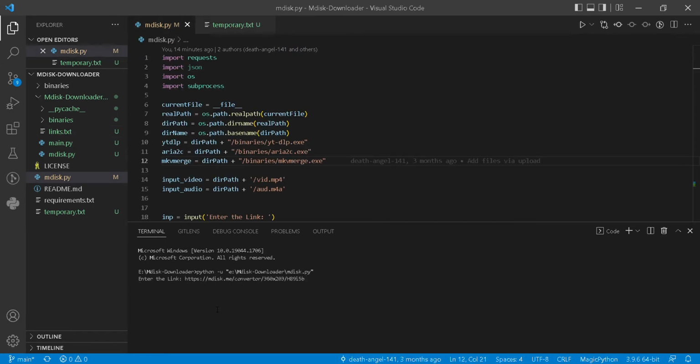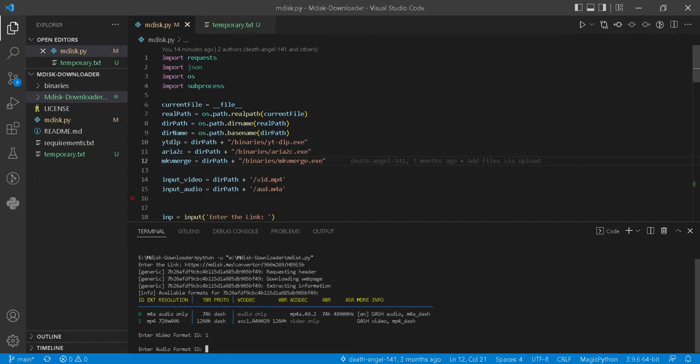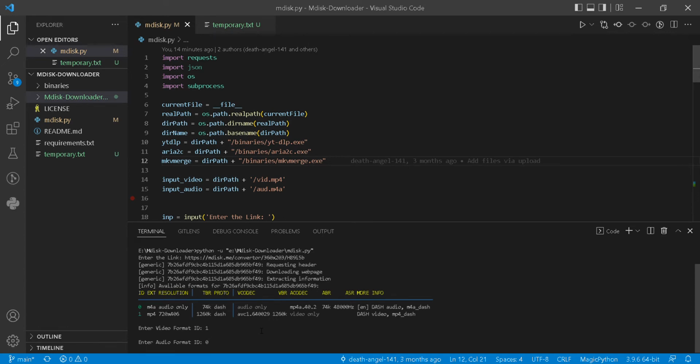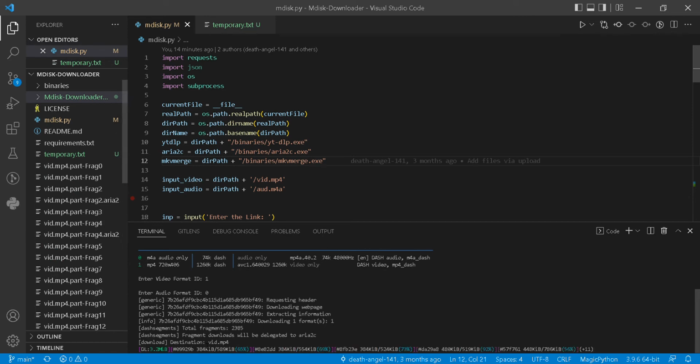After entering the link it will ask for the video format ID and audio format ID. So we can say here the extension is mp4 and ID is 1, so we will enter 1 as the video format ID, and extension is m4a and ID is 0, so we will enter 0 as the audio format ID. And after taking these inputs it will go on and download